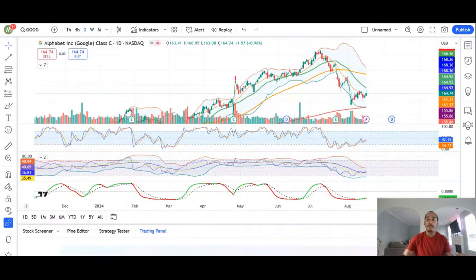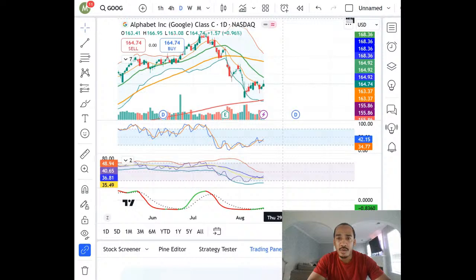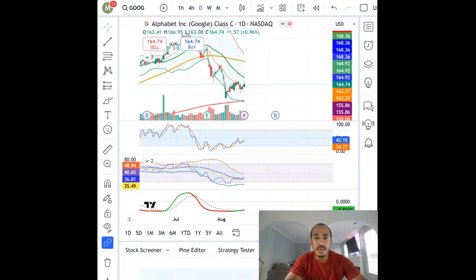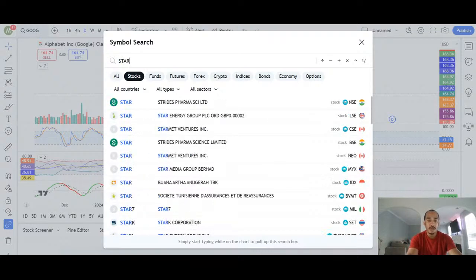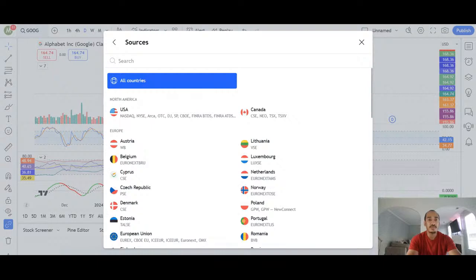I'm actually not planning on doing any swing trades next week, but I am gonna do some day trades, and I want to give y'all some easy setups. I got two stocks which really seem like giveaways for day trading. So I'm gonna pull those up right now so I can let y'all know what's happening, and then I'm gonna go over a little bit of swing. You know what I'm saying? So first one I got is Starbucks.